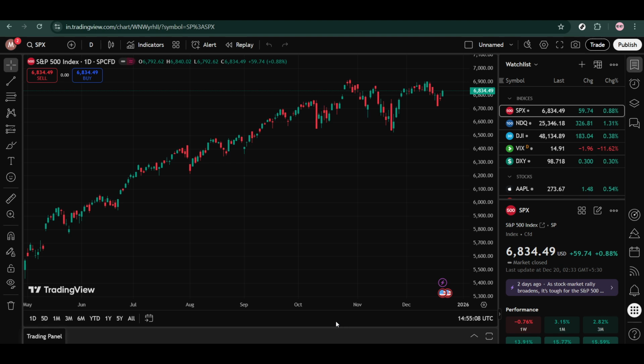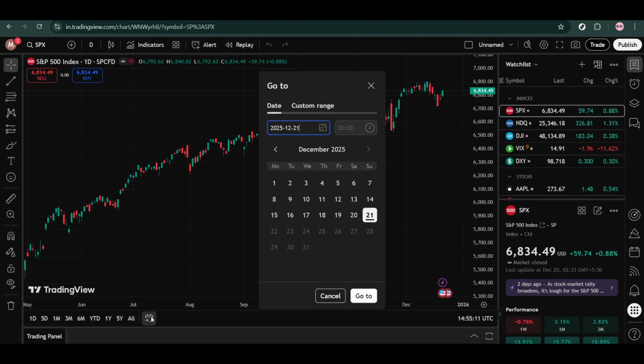Next, look along the bottom toolbar of the chart for the small calendar icon. It typically sits with other navigation tools. Click that calendar icon to open the date navigation panel. If you don't spot it right away, try widening your browser window or hovering over the bottom toolbar to reveal hidden icons. When the calendar panel opens, you'll see a search field where you can enter the date you want